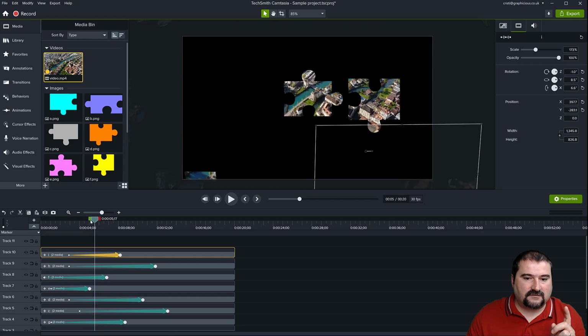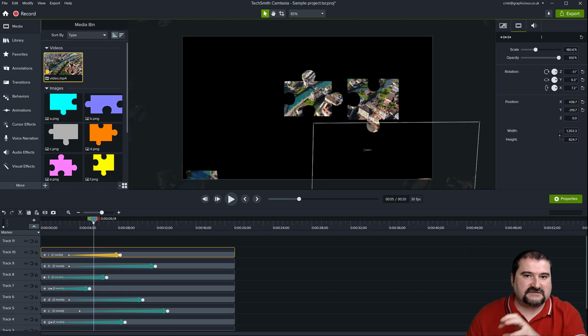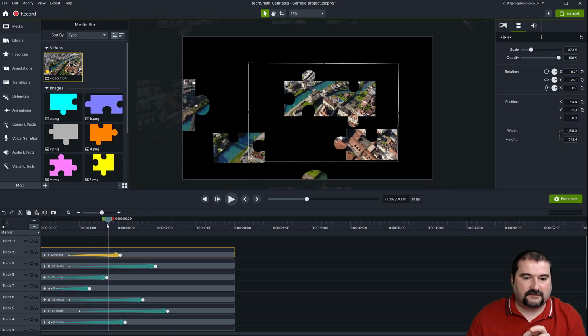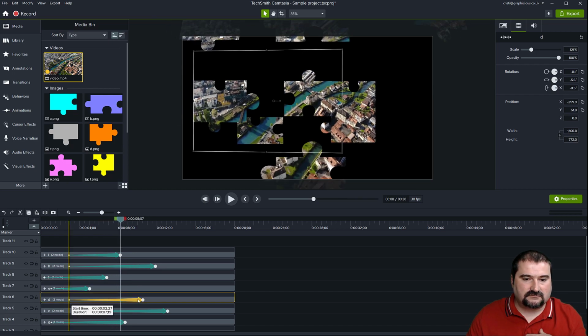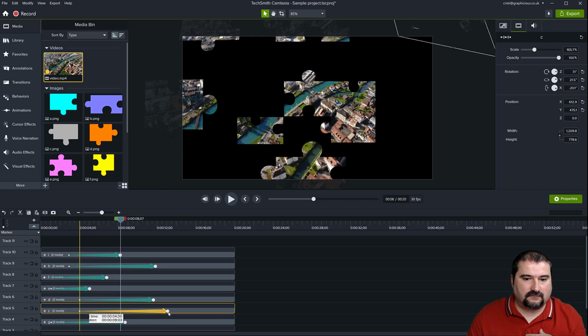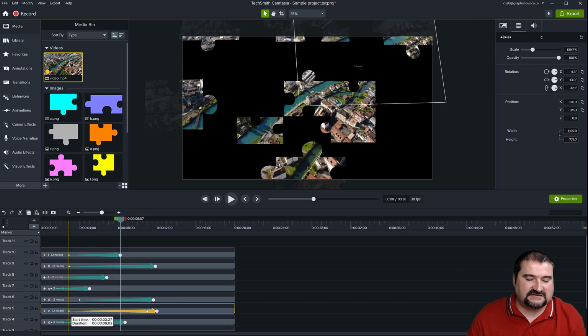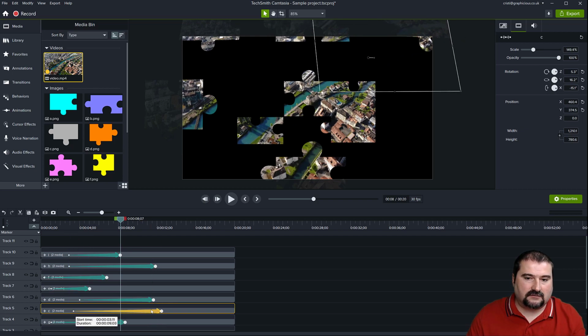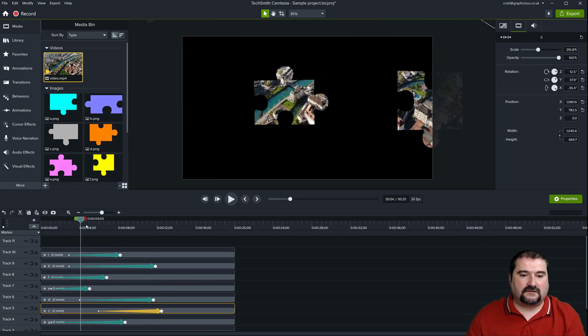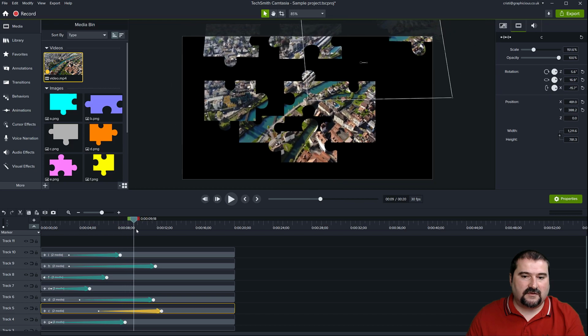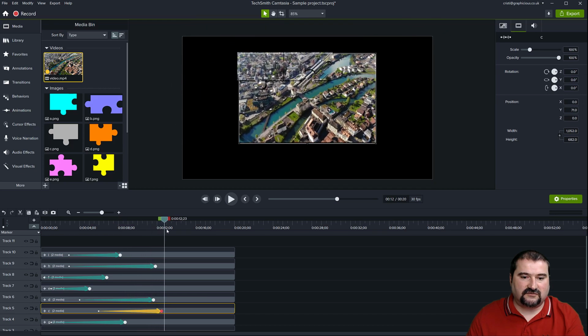You always want a piece to come in at some point, right? So there are not too many gaps where your viewer is sitting there watching and going, what's happening? There's nothing happening. So you need to move the starts and the ends of some animations just to make sure there's always something interesting going on.